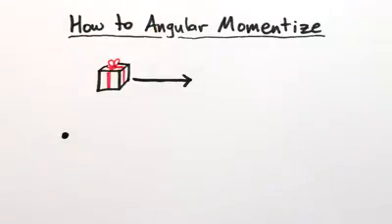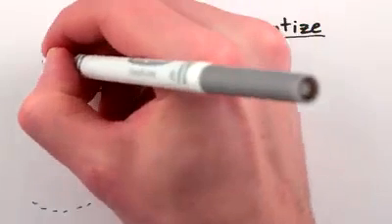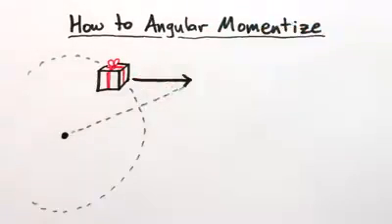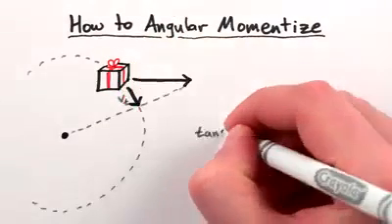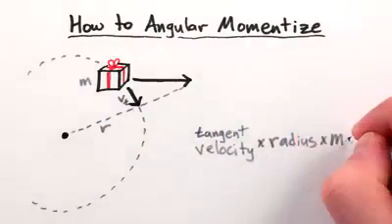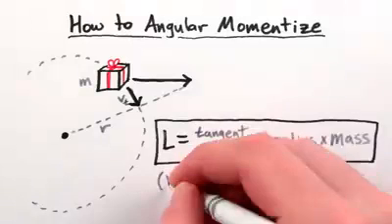Pick a point, any point. Pretend your object is moving in a circle around that point. Figure out how fast the object is moving along the circle, never mind that it probably isn't moving exactly along the circle and that the circle might have to change size over time to follow the object. But anyway, then multiply that speed times the size of the circle and the object's mass. And there you have it, angular momentum.